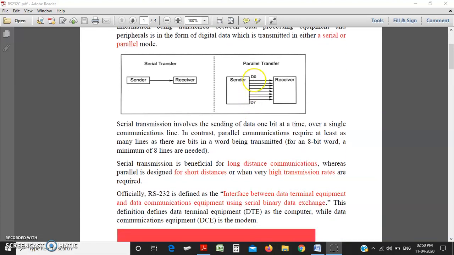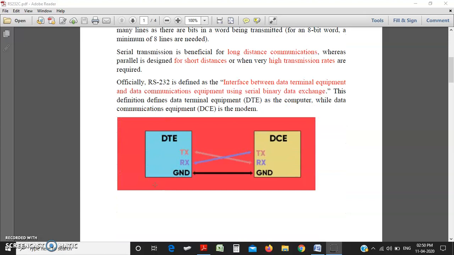At least an 8-bit word must be sent by the sender to the receiver in parallel transmission. Serial transmission is used for long distance communication, whereas parallel is used for short distances where high transmission rates are required. So officially,